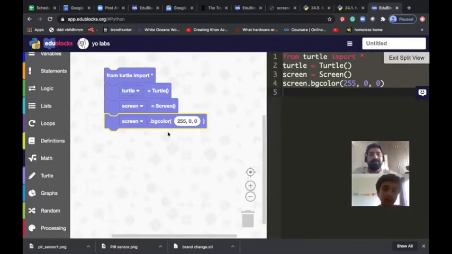Now our first learning starts from here. This thing, screen.bgcolor. BG means background. He's trying to mention here the background color. And he says 255, 0, 0. So I won't understand what this 255, 0, 0 is. Have you heard colors explained like this earlier anytime?